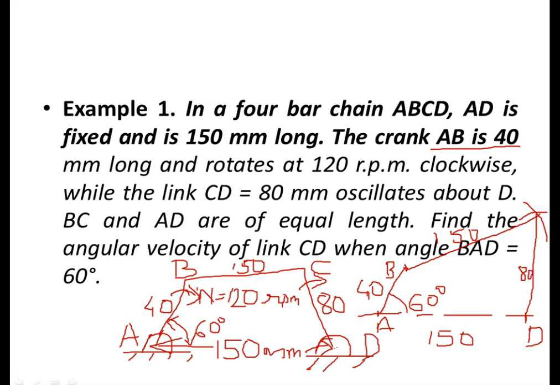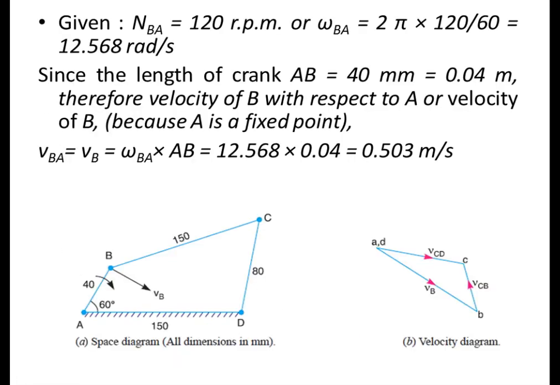So you will get a construction like this. I will show you that shape now. You can see you will get the figure like this. This is the space diagram. So first take AD as base 150 mm, then take an angle of 60 degrees, take a 40 mm length, then from B to C cut an arc of 150 mm. From D to C cut an arc of 80 mm, and join the intersection point from B to C and from D to C. Then I will tell how to take the vector, then the velocity diagram.